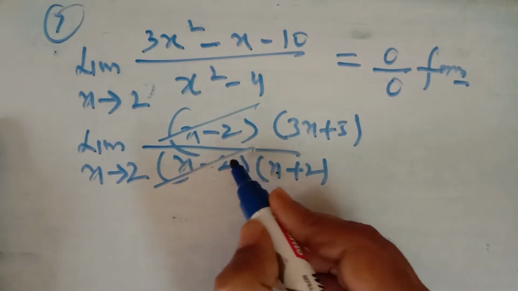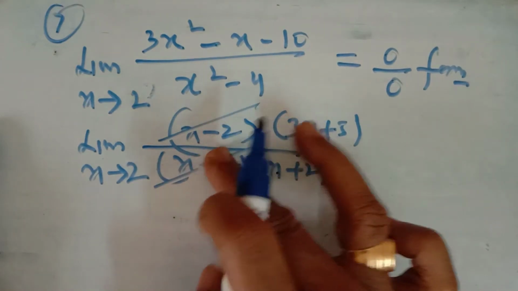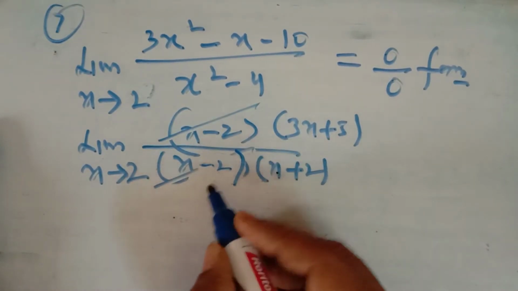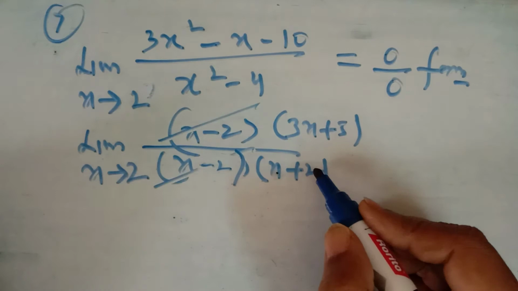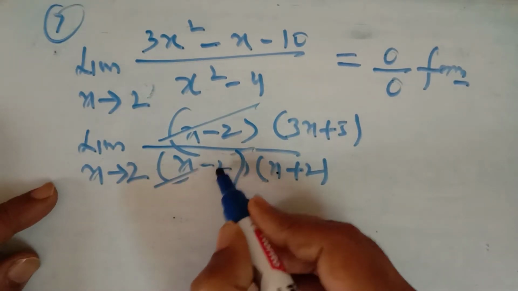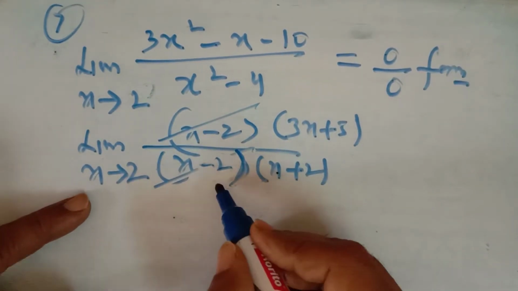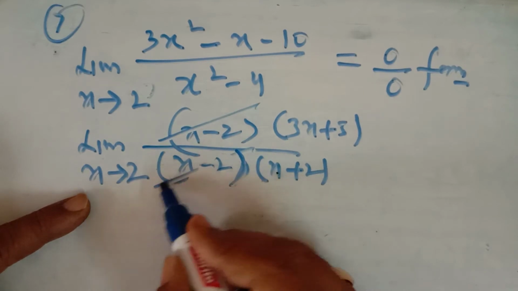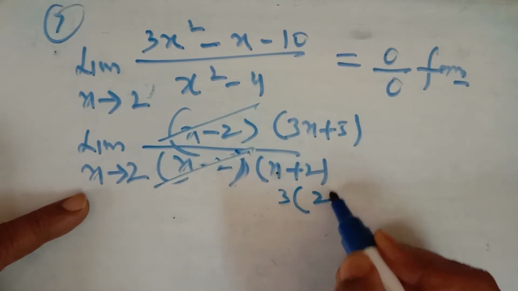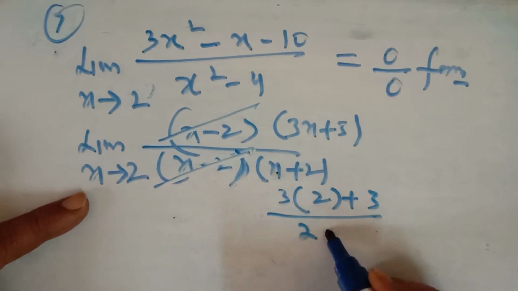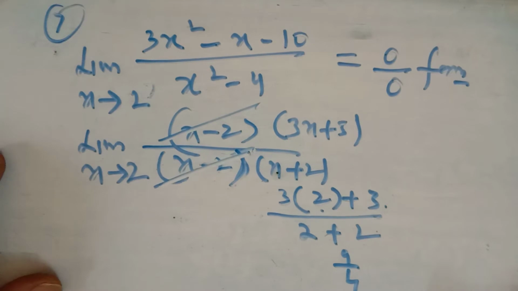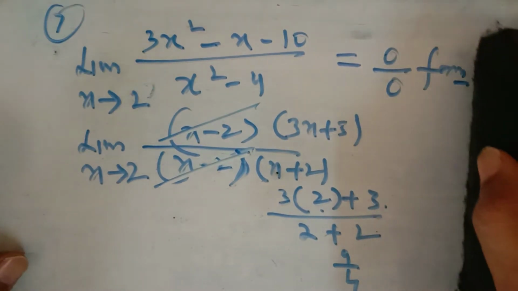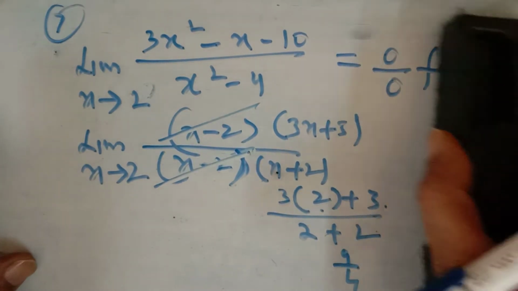Because you are getting 0 in the denominator because of x minus 2, be careful in the coming questions also, you are getting 0 in the denominator by this factor x minus 2, and it should be cancelled out to obtain the limit. So ये cancel हो गया. Now you can put x is equal to 2 in the numerator as well as in the denominator. So 6 plus 3, 9 upon 4 is the limit of this function. That is, you have to remove this 0 upon 0 form either by factorizing or converting it into the standard limit.